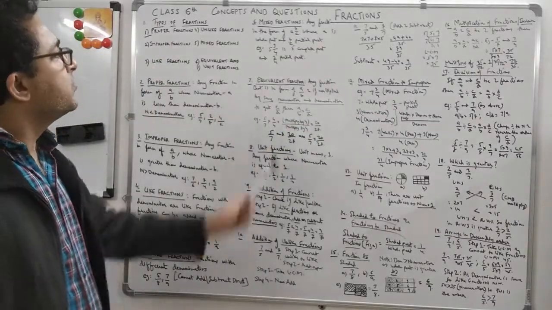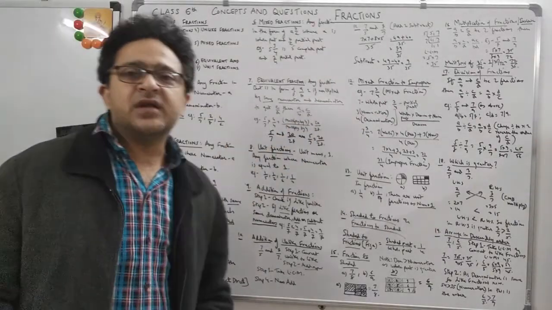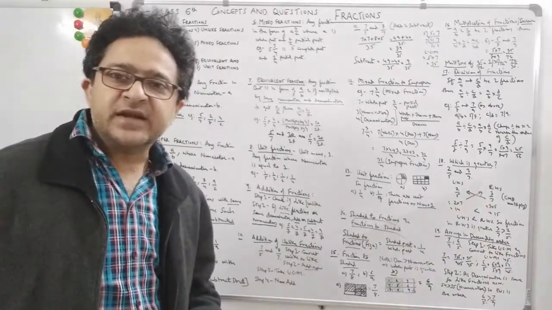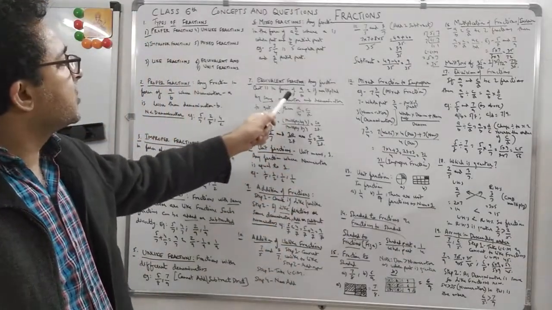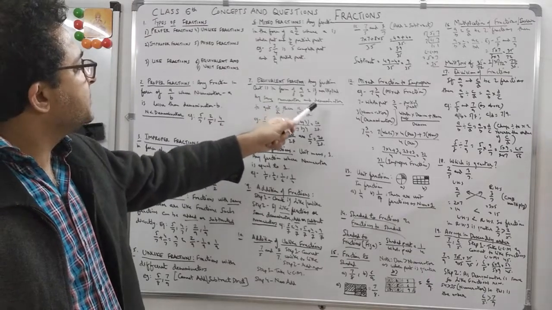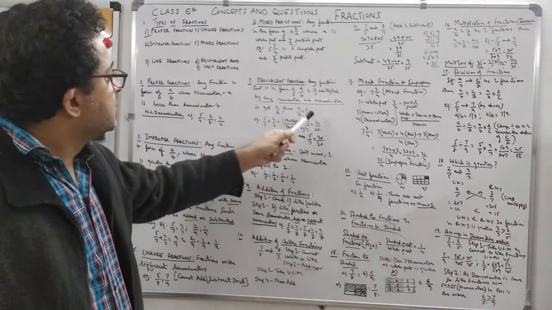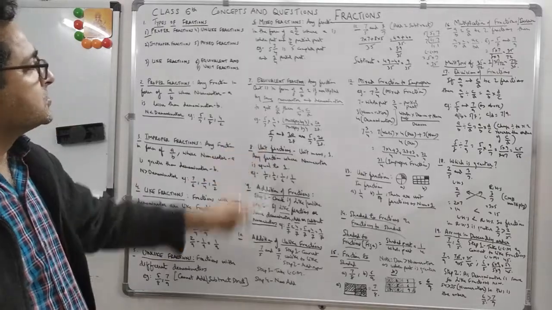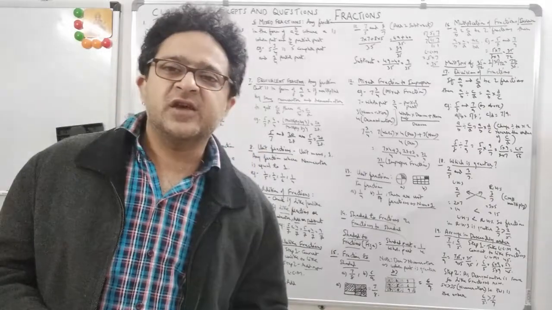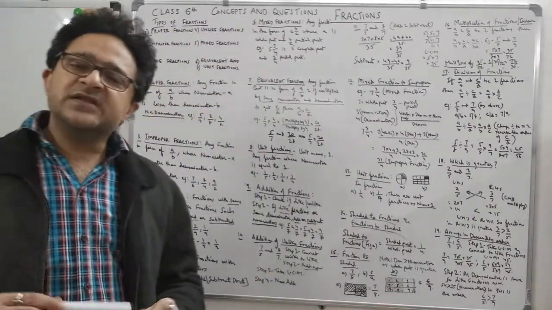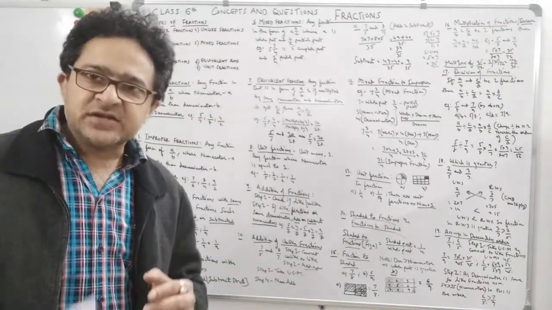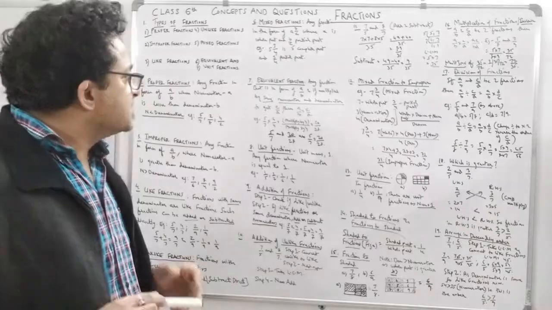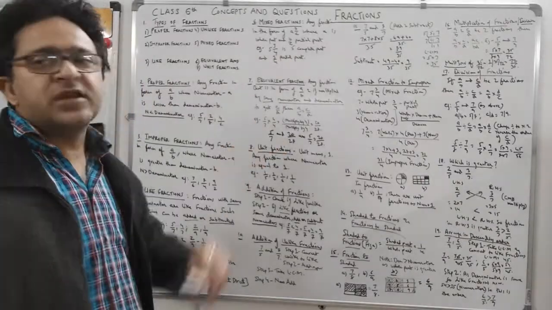Now we go to equivalent fractions. Equivalent, as the very word says, equal. So let's see. Any fraction in the form of A upon B, if multiplied by the same number in the numerator and the denominator, gives C by D. So you multiply A upon B by the same number in numerator and denominator, and you get another fraction, C by D. In such a case, A by B and C by D will be equal.